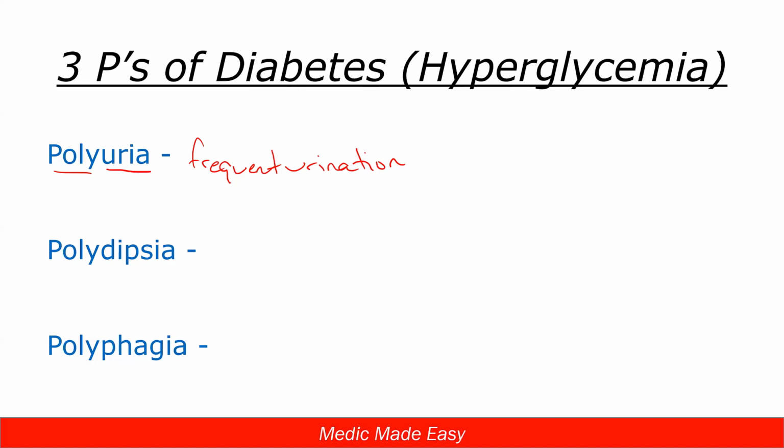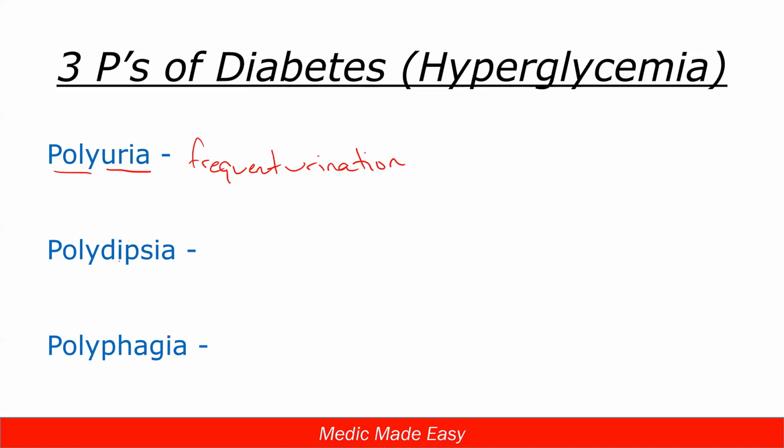And so again, a potential complaint that somebody might go to their primary care doctor with is, hey doc, I've been peeing a lot lately. And maybe that's one of those clues that makes them draw some blood work, check that blood sugar, and find out that the patient has actually developed diabetes. Whether it's type 1 or type 2, it doesn't matter with these 3 Ps of diabetes. As long as that sugar is high, this is one of the ways that our body is going to try to deal with it: pee off some of that extra sugar.